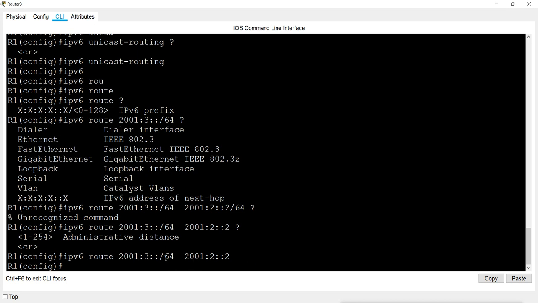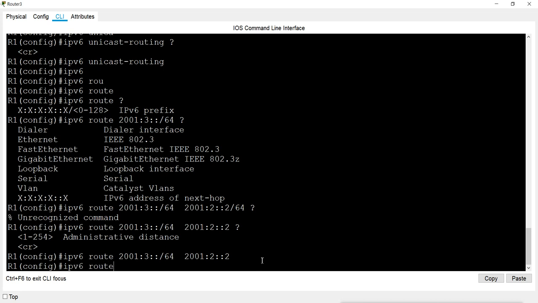I have entered this network. Now we have other networks also connected, and we have to mention all those networks also. That is the drawback of static routing, that we have to mention all the networks one by one. So this is 2001:3, we have 2001:4 and 2001:5 also. So I will mention those networks also.